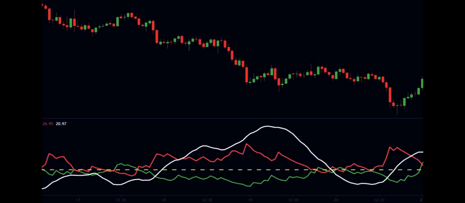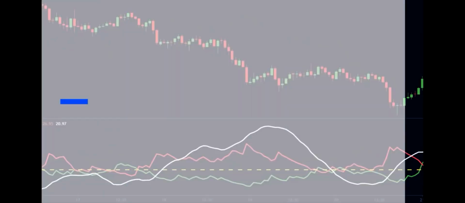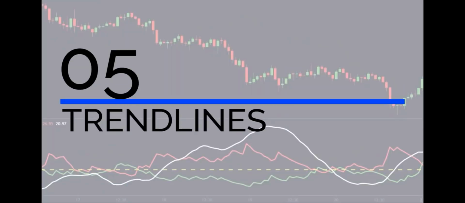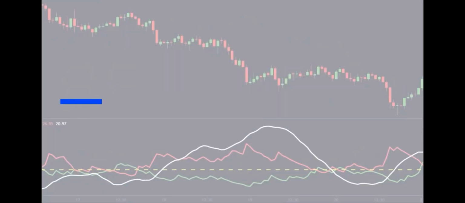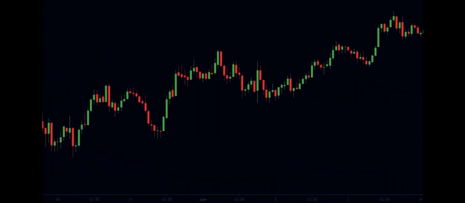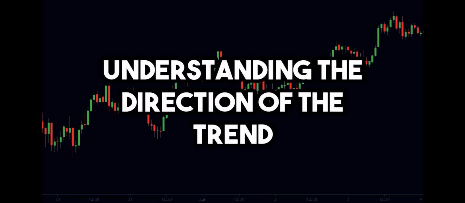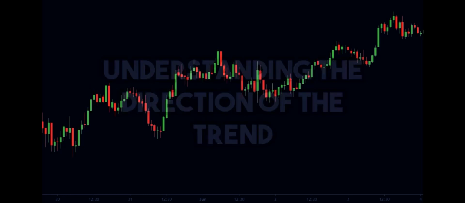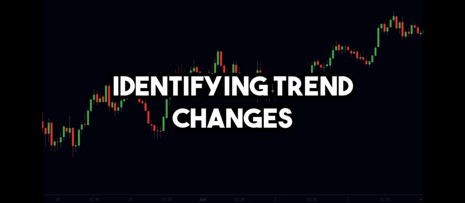Now let's come to the last technique. Technique number 5. Trend lines. Trend lines are also very popular elements of technical analysis. A trend line is a simple line that is drawn by connecting the swing highs, or the swing lows of the market. They help us in understanding the direction of the trend, and they also help us in identifying trend